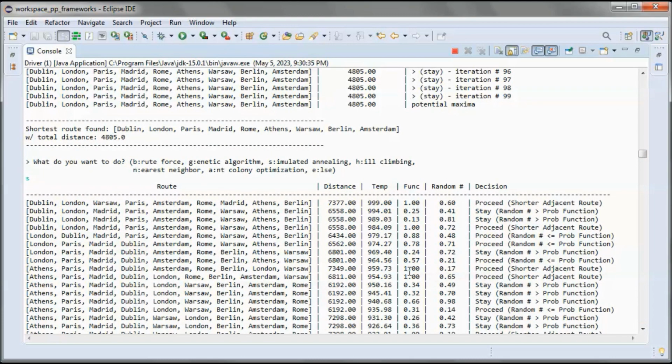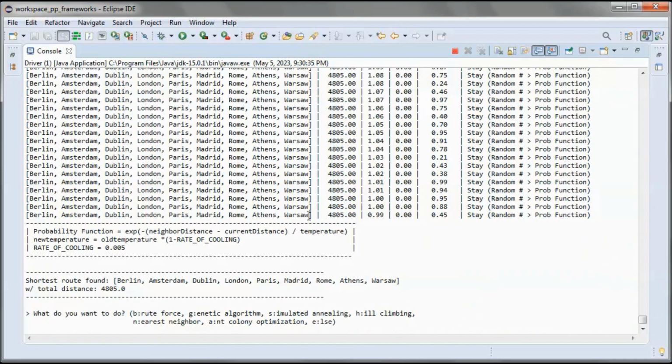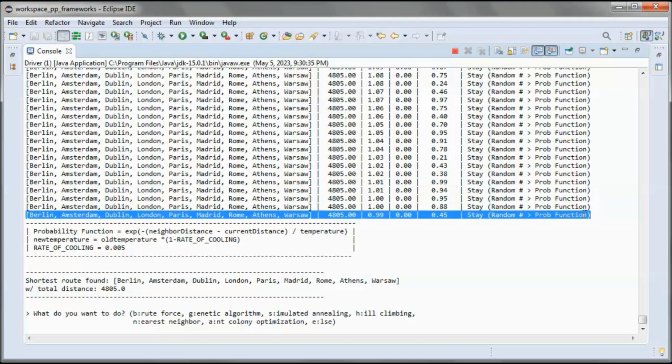So with simulated annealing, the idea is as the temperature is very high, it's very easy to make changes, but as the temperature decreases until here, it becomes harder and harder until it becomes no longer possible to make any changes.